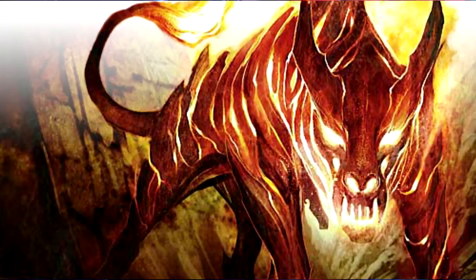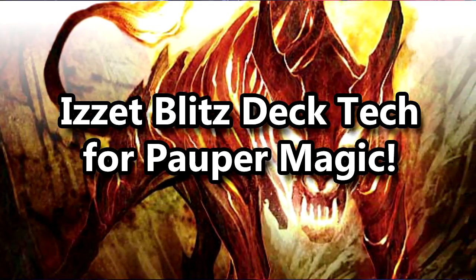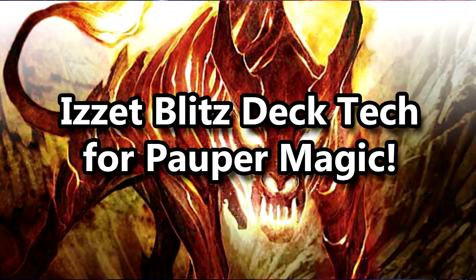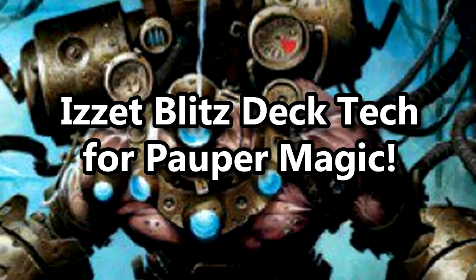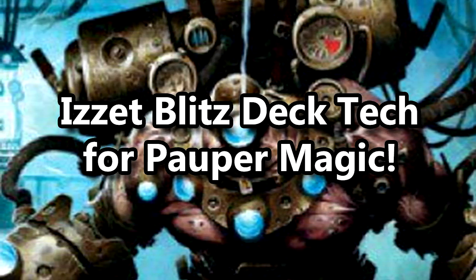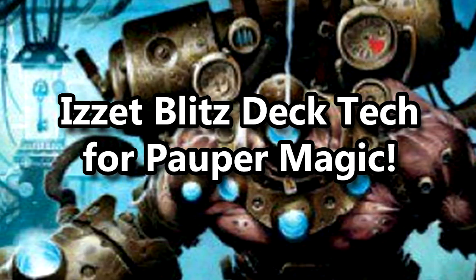Izzet Blitz is a fun and rather well-known deck in the history of Magic, with variations in Modern, Pauper, and even at one point in Standard. It focuses on going big with few creatures rather than going wide like you would with Elves. It's not uncommon for this deck to swing in with 10 power creatures with Double Strike and Trample for game